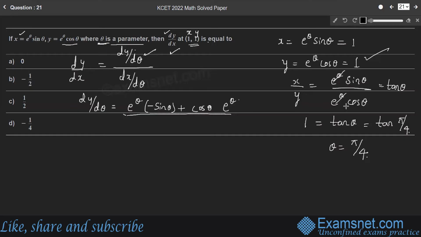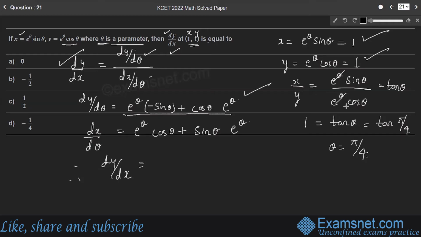Sorry, not divided by. So here we want dy by d theta by dx by d theta. We'll consider dx by d theta separately. So consider x, which is e raised to theta into sin theta. So e raised to theta into d by d theta of sin theta is cos theta, plus sin theta, we'll consider sin theta as constant, into d by d theta of e raised to theta, which is e raised to theta. Therefore, dy by dx is dy by d theta. In this dy by d theta value, we'll take e raised to theta as common, into cos theta minus sin theta,